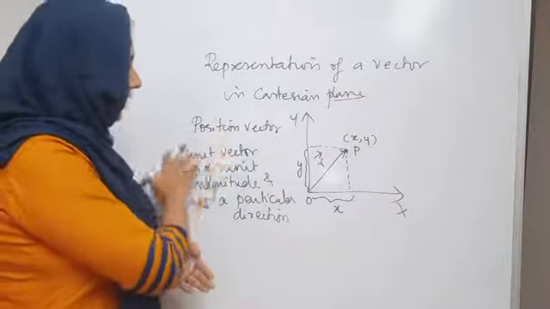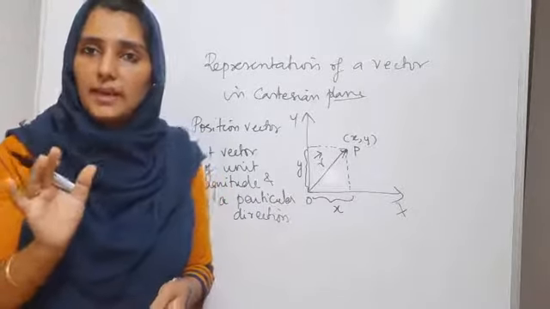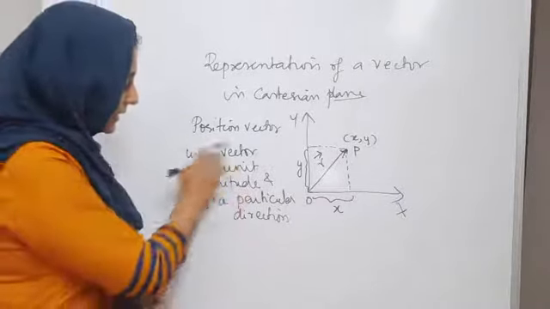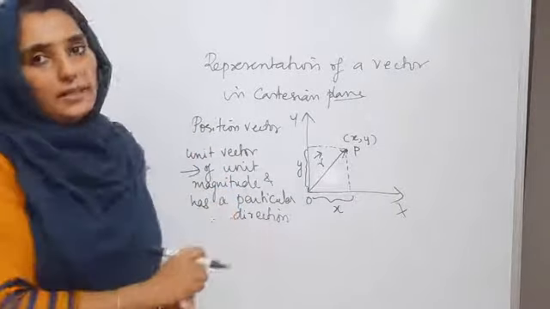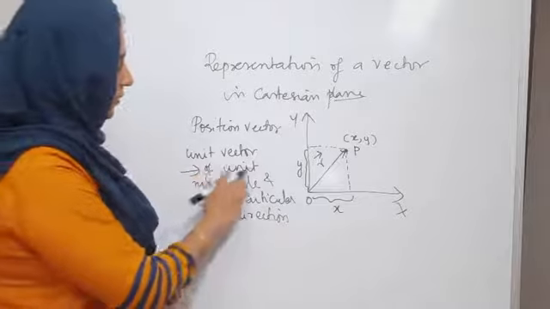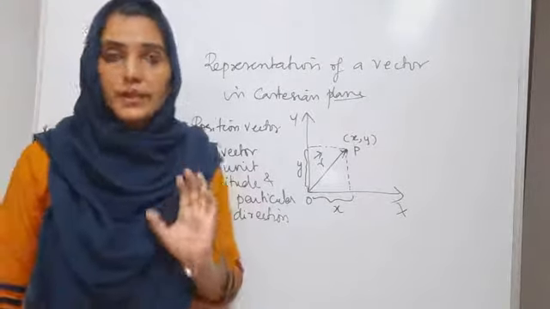That is the idea of a unit vector, because you know that multiplication by 1 will not change the magnitude of any number, isn't it? So that is why its magnitude is kept as 1, but it has a particular direction. So a unit vector is of unit magnitude and has a particular direction. Its role is to specify a particular direction.